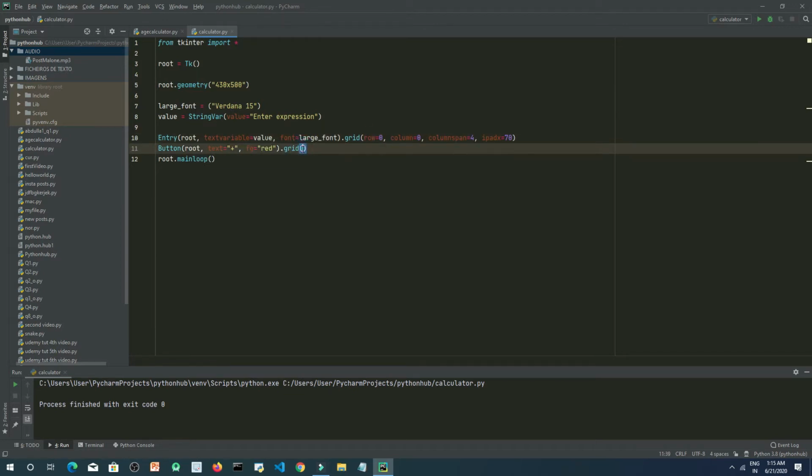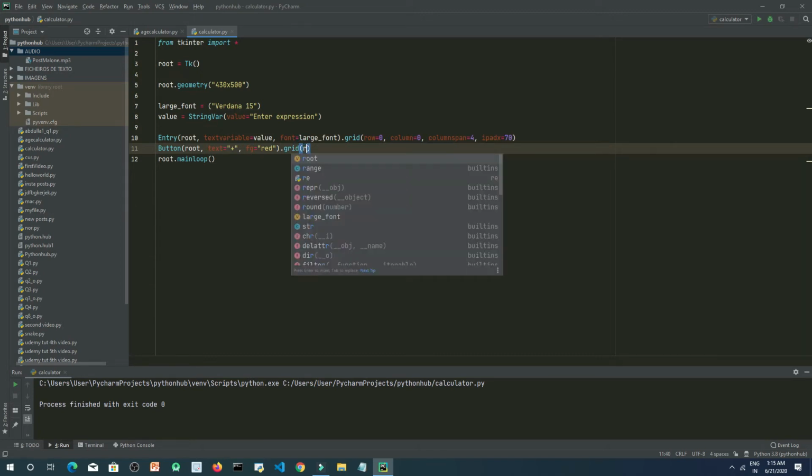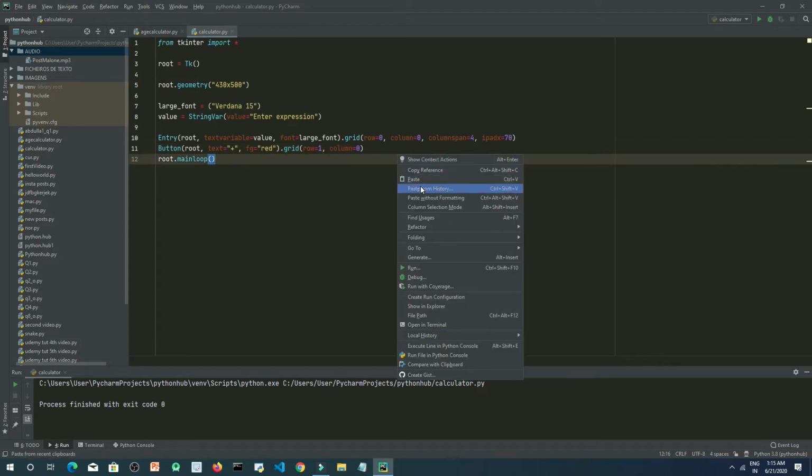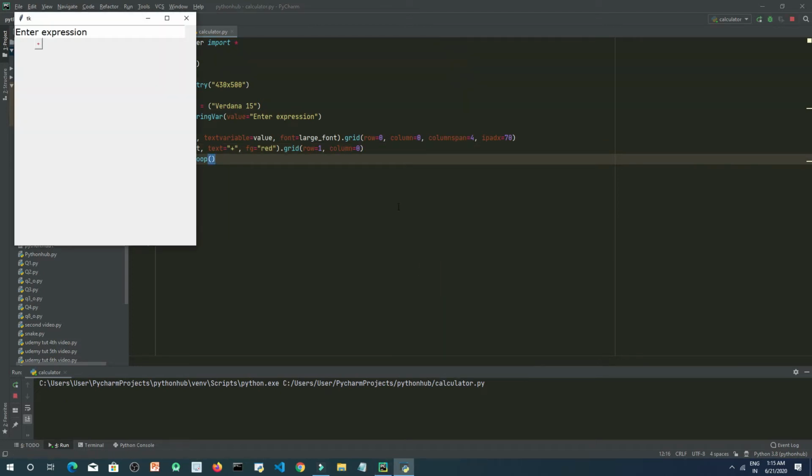Now come to the button, that is the first button of our screen, right? So row should be equals to 1, and column can be 0 here, right? Equals to 0. So let's see whether it is working or not, and as you can see, it's here.